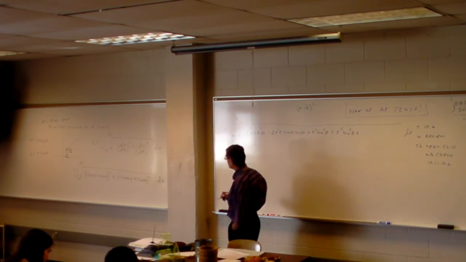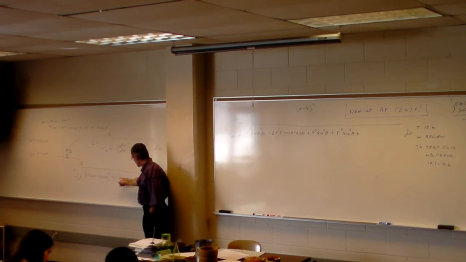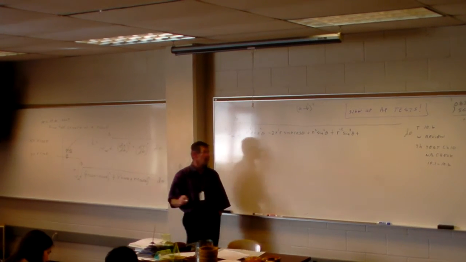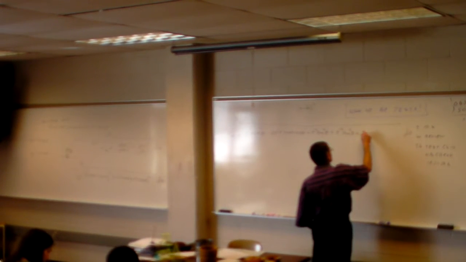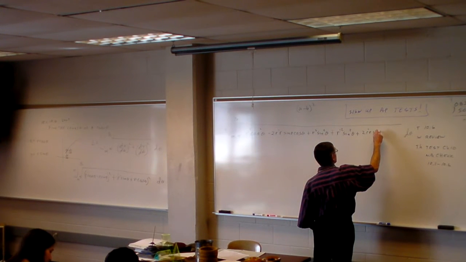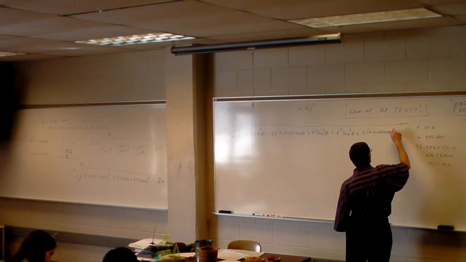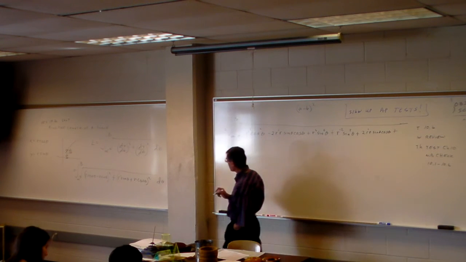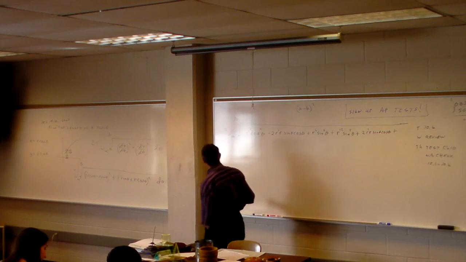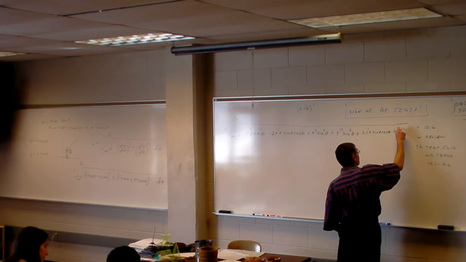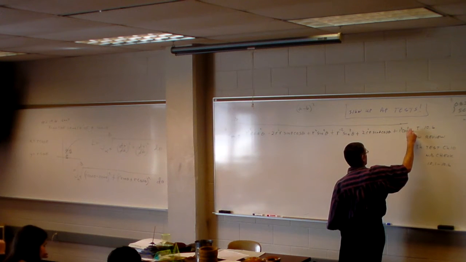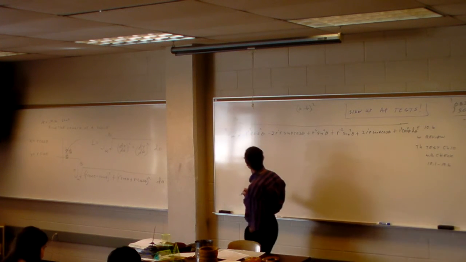Plus 2r prime r sine cosine. Okay. 2r prime r sine theta cosine theta. And then plus r squared cosine squared. All right. But now this is going to simplify down